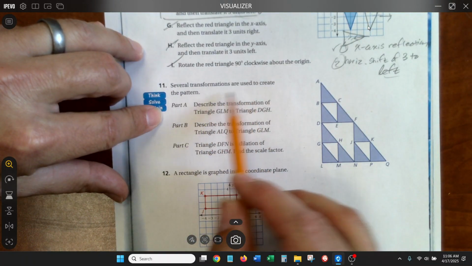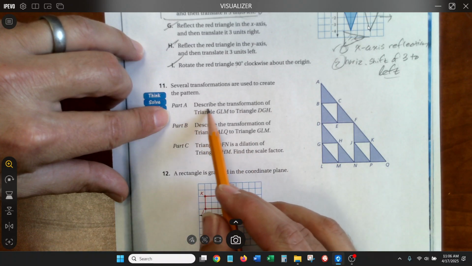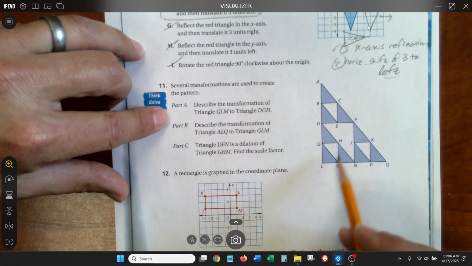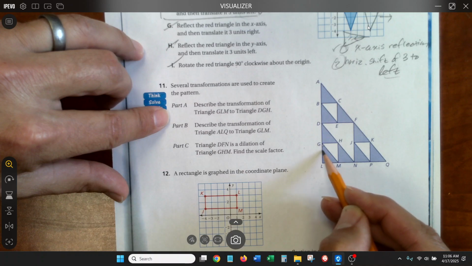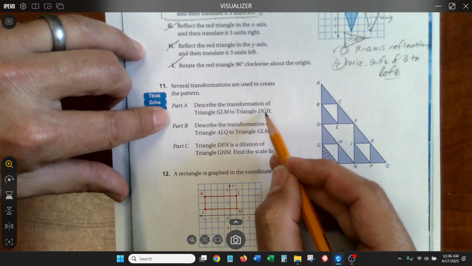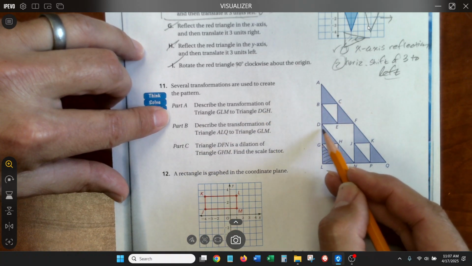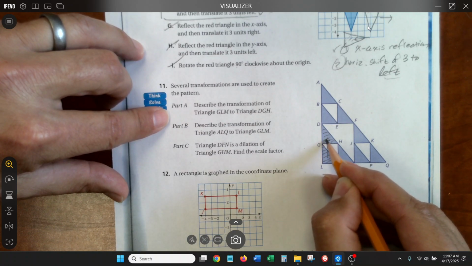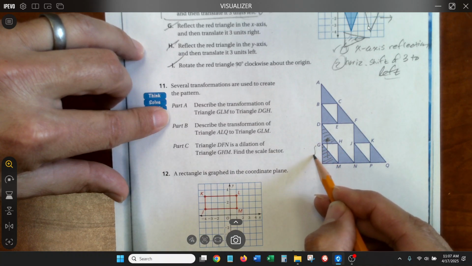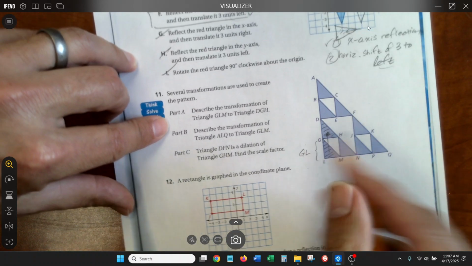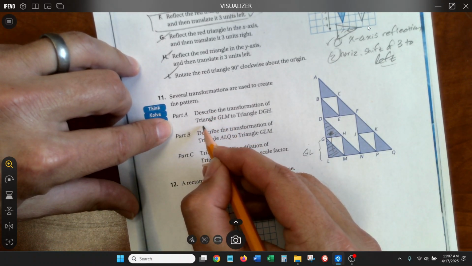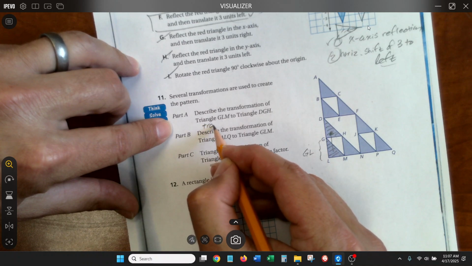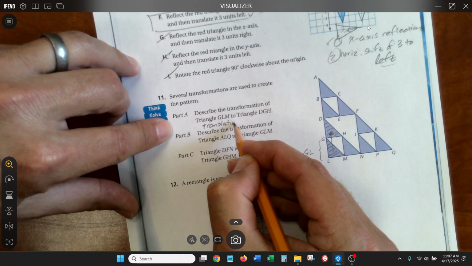Several transformations are used to create the pattern. So describe the transformation of triangle GLM to triangle DGH. So we find those triangles. GLM is this one. DGH is this one. And we have translated up a certain distance, and that distance is the same as the length of this side, GL. So this is an upward translation, or a shift up, however you want to use the technical word, translation up